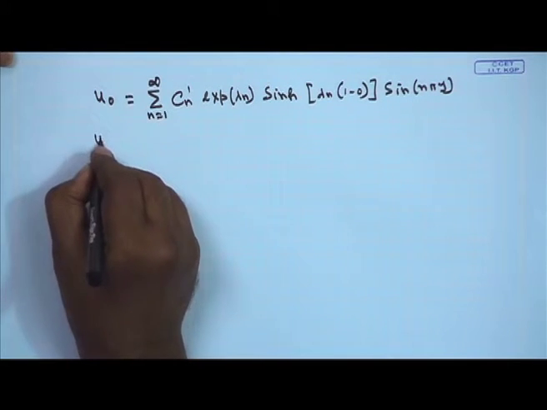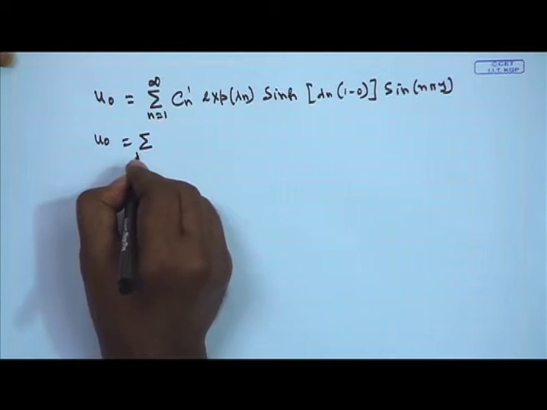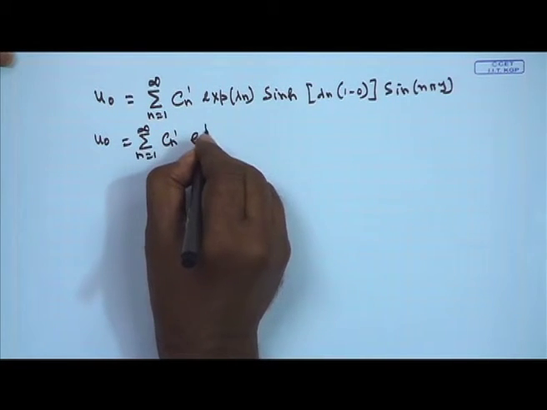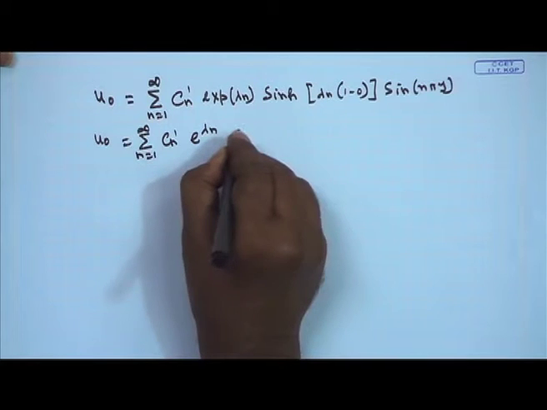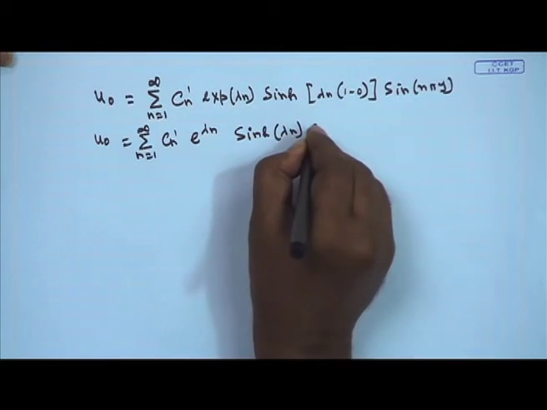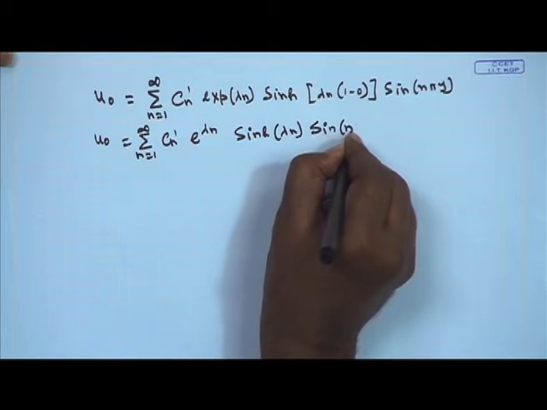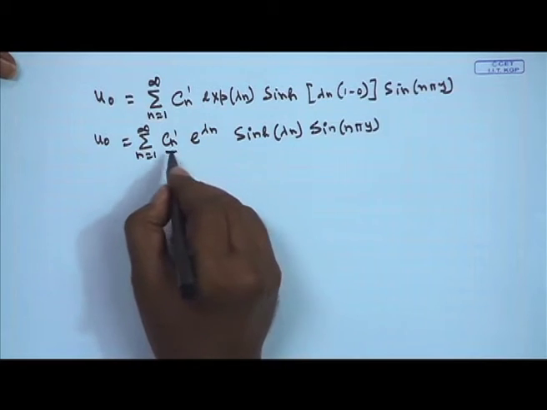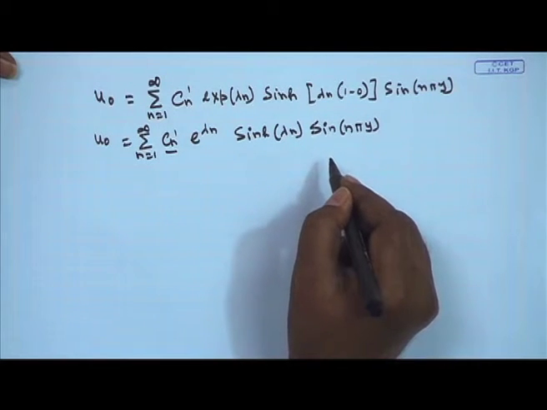So, it becomes u naught is equal to summation n is equal to 1 to infinity Cn prime e to the power lambda n sine hyperbolic lambda n sine n pi y. Now, this Cn prime is evaluated by utilizing the orthogonal property of the eigenfunctions, that is